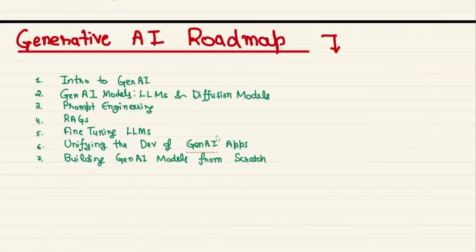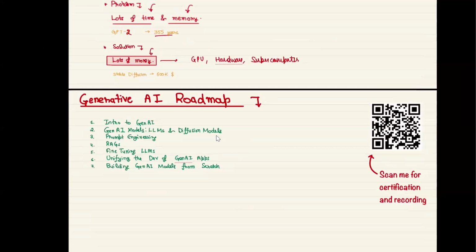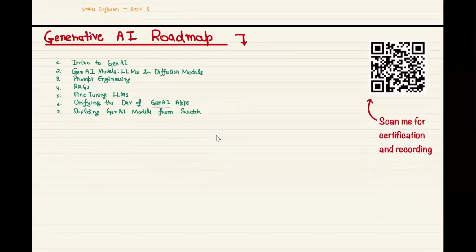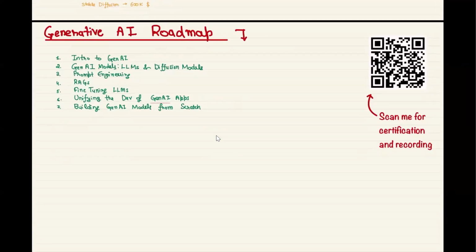All right. So this is a simple roadmap. We have discussed this simple roadmap in the last session as well. The roadmap is that you first try to understand what generative AI is. Try to understand the various models that you can create using generative AI. One of the models is large language models. Another is diffusion models. And how to generate these models, you have to learn in case you are planning to learn generative AI. The third topic that you have to study is something called